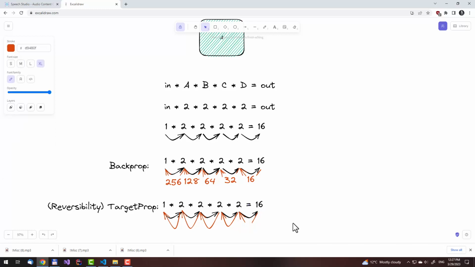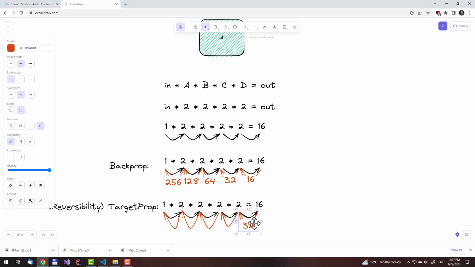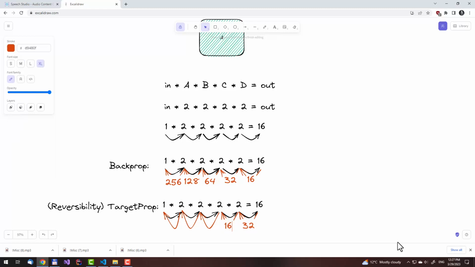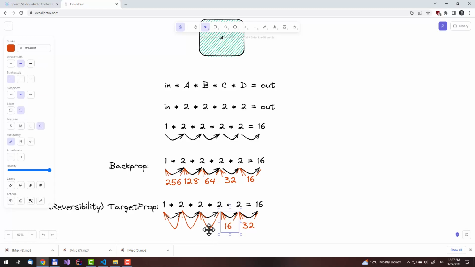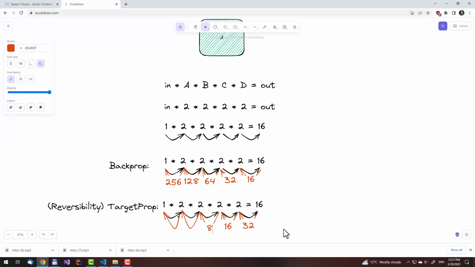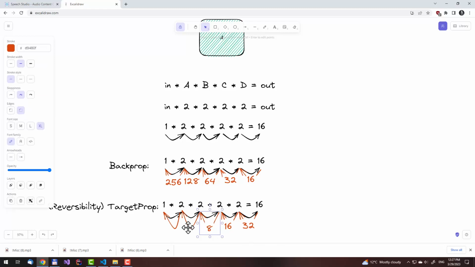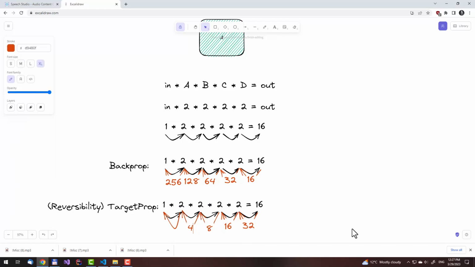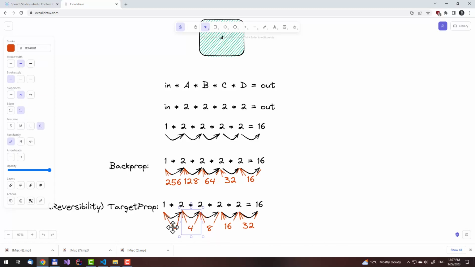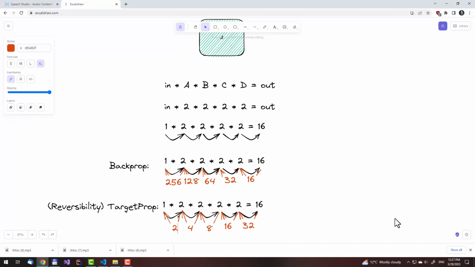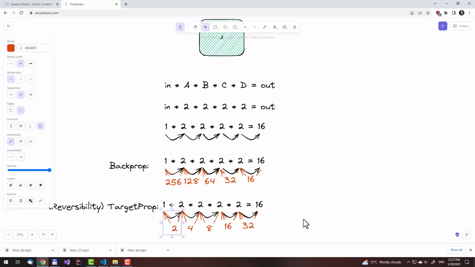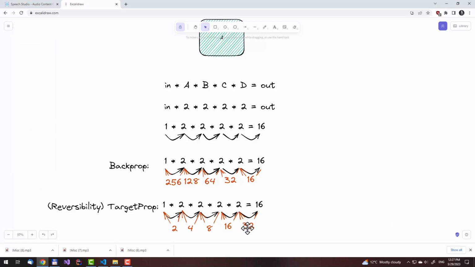Intuitively, it seems obvious that instead of multiplying on the way back, we should be dividing instead. And indeed, if you think about it, these values are much more sensible. In the A layer, in order to double the output, you just need to set it to the target. And in other layers, you just need to divide the target by the input in order to derive what the layer should be set to. For example, the input to layer D is 8, and its target is 32. Dividing 32 by 8 results in 4. That's just what the layer should be set to if we wanted to output 32 at the end.